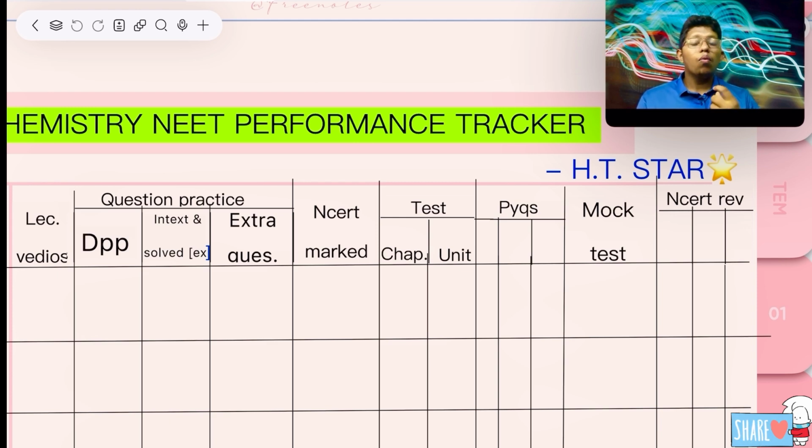Because I said now one thing, you may think that I will solve in-text. You may think I forgot doing NCERT revisions. You may think I will do PYQs. You may forget writing a test. Anything you may miss, but definitely by ticking this, whenever you have completed it, by ticking